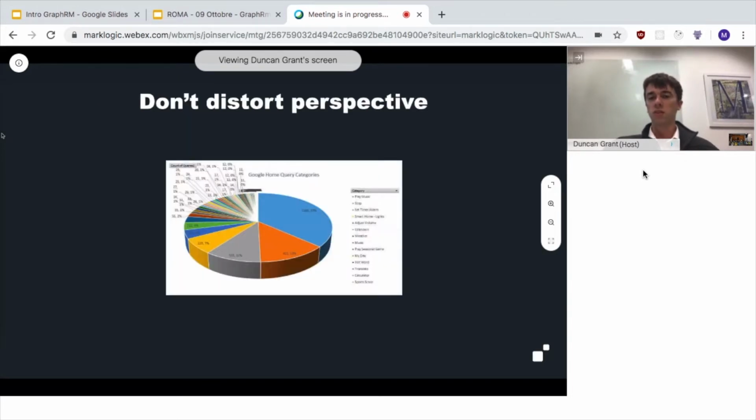You also don't want to distort perspective. So in this example, we have a 3D pie chart. Again, it's showing too much information. A general rule of pie charts would be never show more than 4 segments at a time, because it's very difficult for the human eye to perceive angles. On bar charts, at least, you can determine small differences between bars, but it's very difficult to see that in